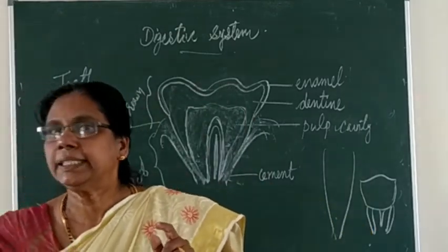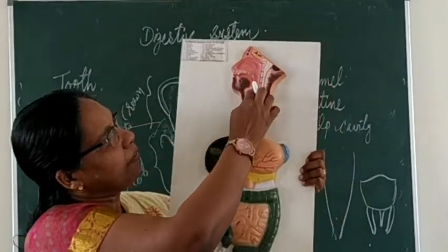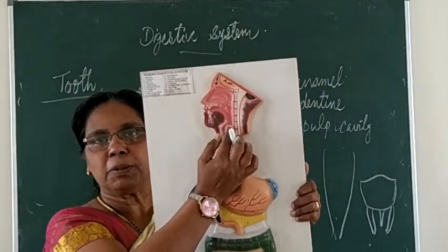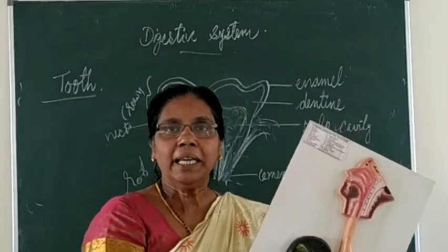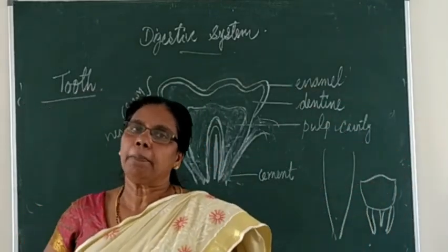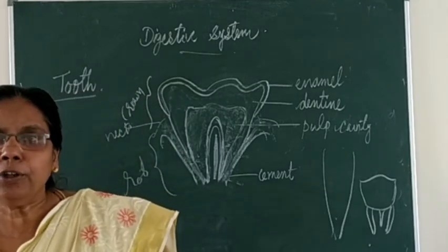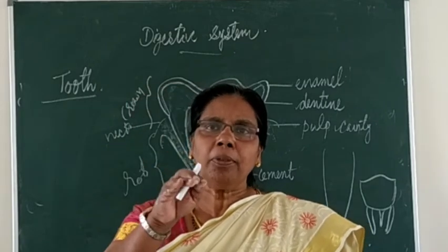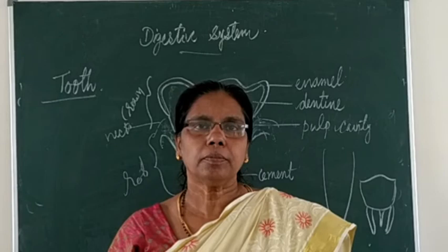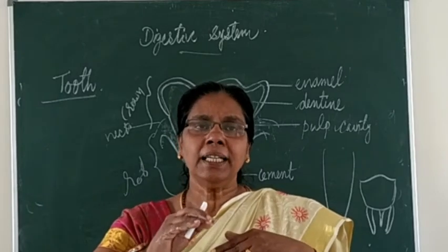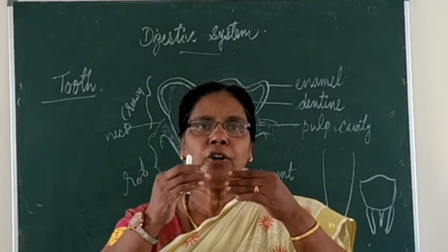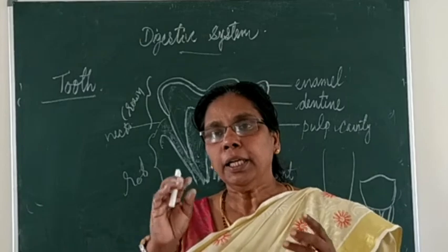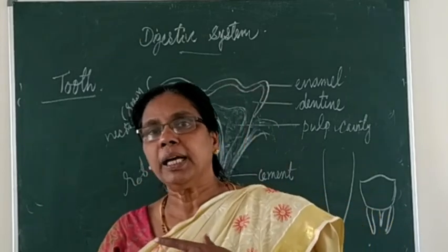So somewhat in this region, you can see a small flap or lid-like structure is present, and that is called what? Epiglottis. So usually what happens when we are eating food, this flap called the epiglottis will come and cover that region, so that it won't allow the entry of food into the air pipe. So the food will be going only directly to the esophagus.